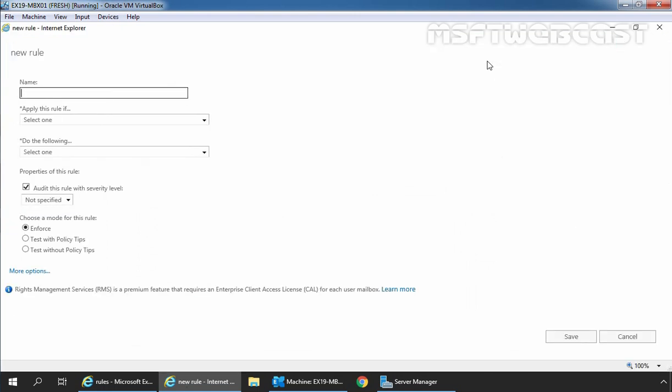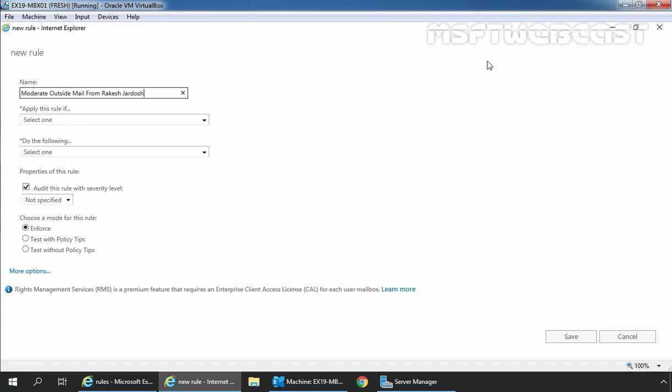In this example, we want to create a new rule that defines all the messages sent out by our user Rakesh Jardos to recipients outside the organization requires approval of our user Bharat Sharma. So let's define the rule as per our requirement. First, I'm going to specify the name, which is moderate outside mail from Rakesh Jardos.